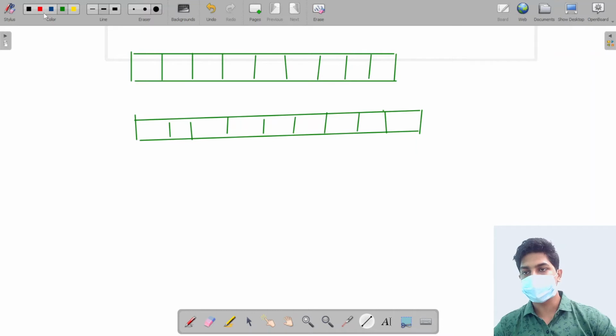Suppose that we are allowed a jump of 1 unit from here, 2 unit, 4 unit, 1 unit, 3 unit, 2 unit, 1 unit, 1 unit, and 1 unit. Like in the previous problem, suppose we want to reach the 7th stair,